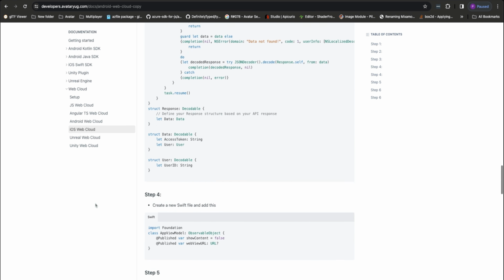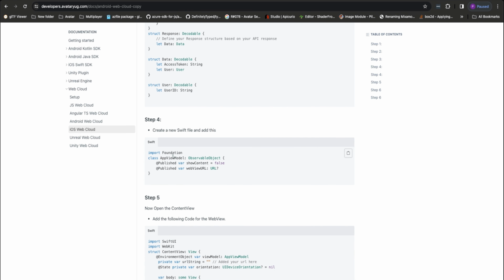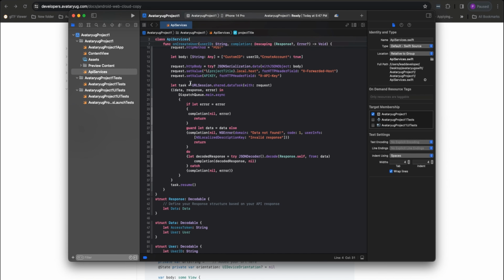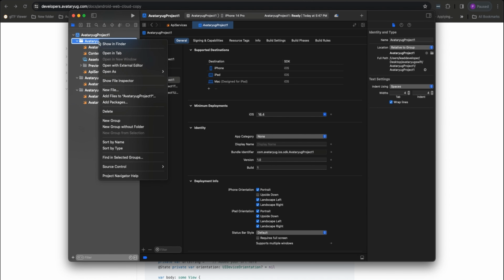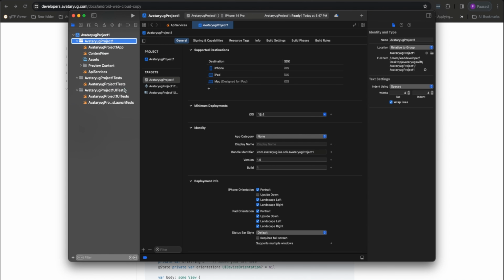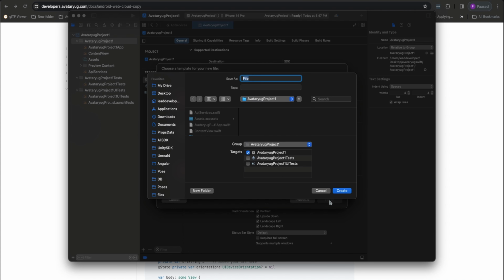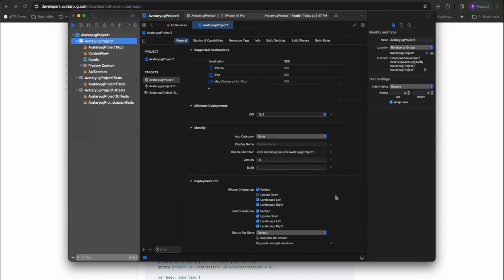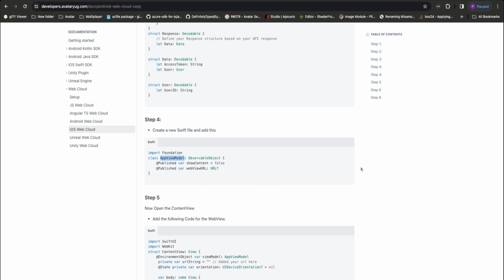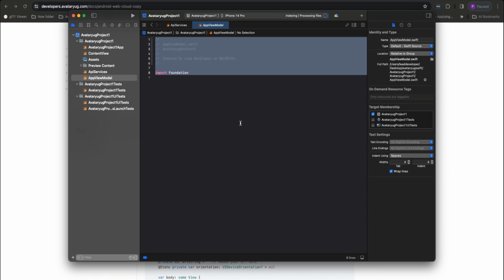So now go to the documentation for the next step. We have to create a new Swift file. So I'll just right click on Avtaryug project 1, new file, Swift file, and I'll name it the same as in the documentation and create. And just copy this code and paste it over here.